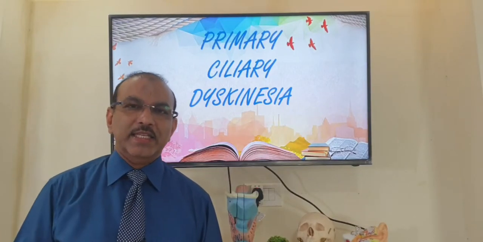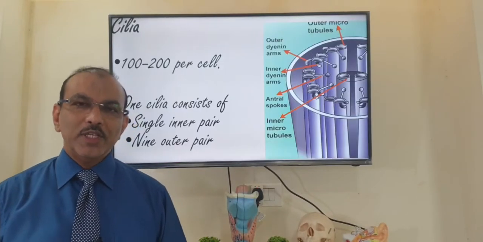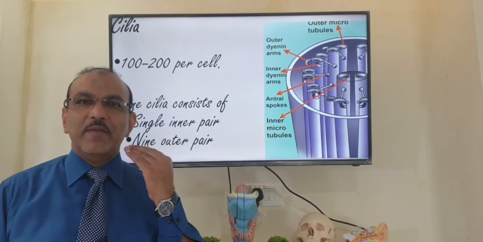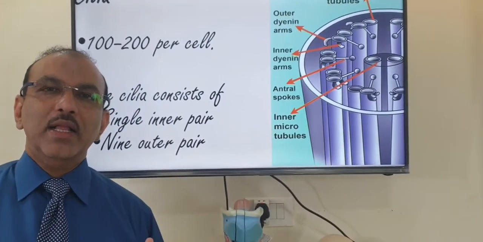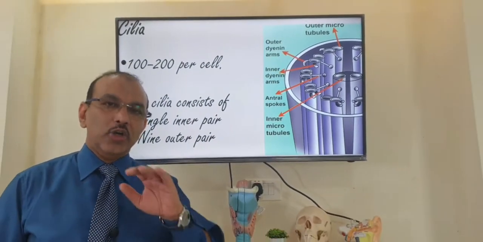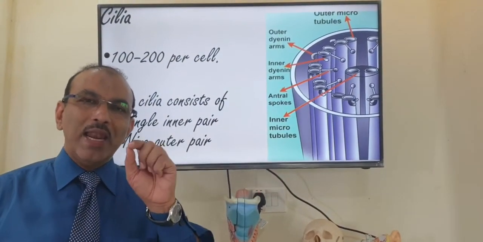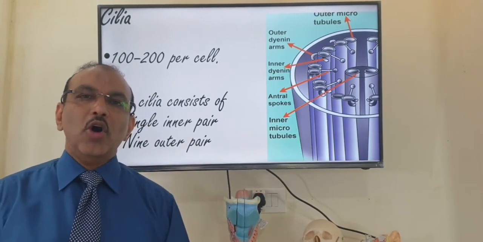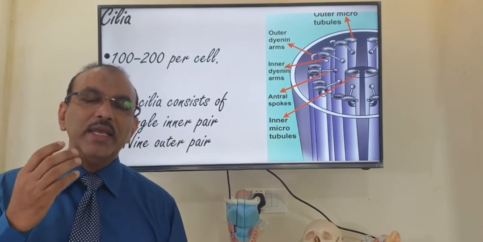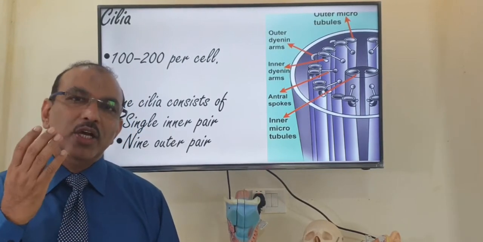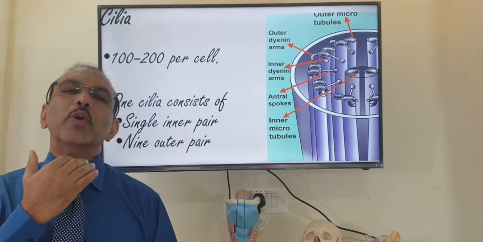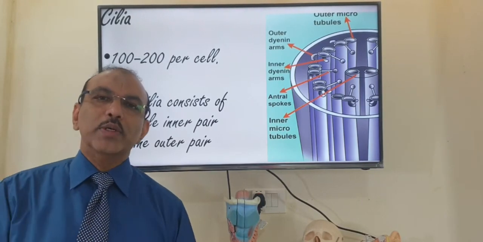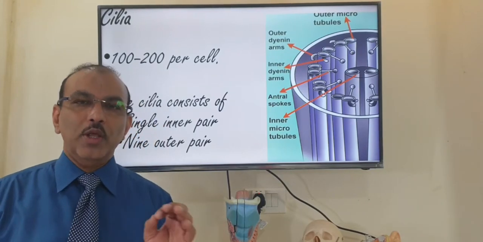Primary ciliary dyskinesia. Let me give a small introduction first. In the whole of the nasal cavity and up to the lung, on top of every cell, there are small hair-like structures called cilia. What cilia do is transport all the secretions from the sinus and nasal cavity posteriorly towards the oropharynx, behind the mouth, and it goes directly towards the stomach. That's how it normally works.